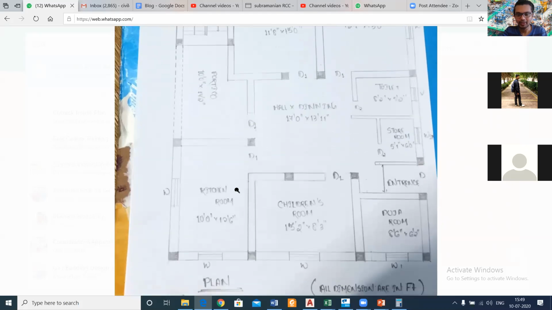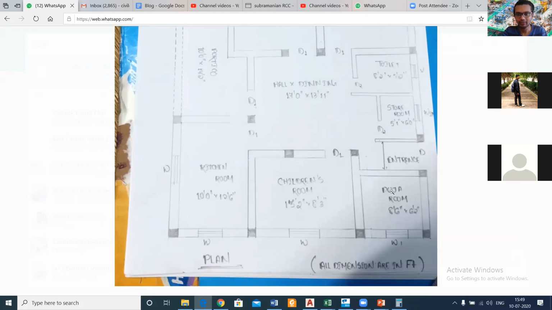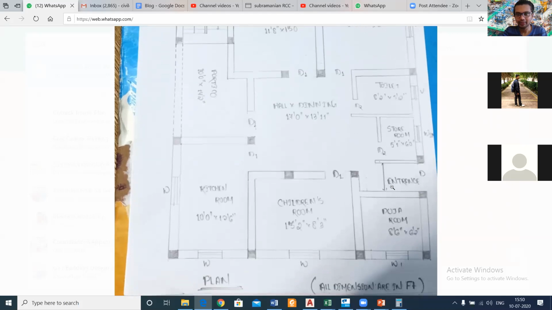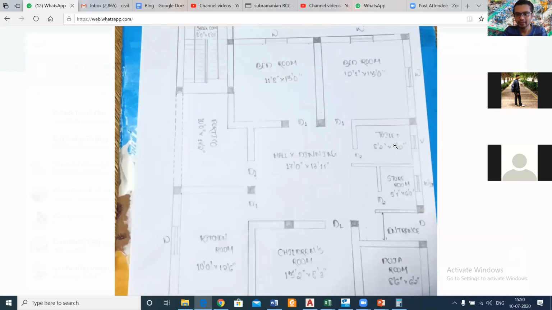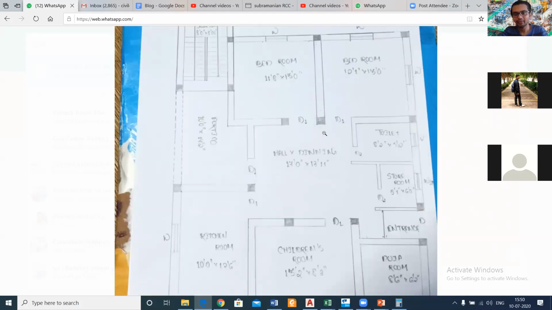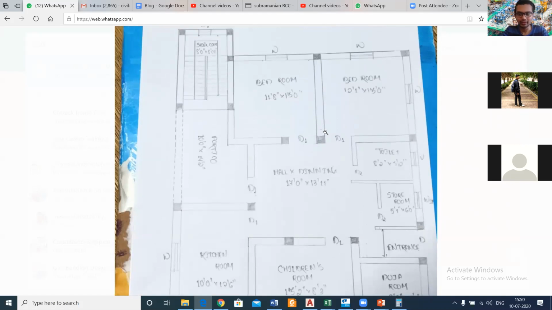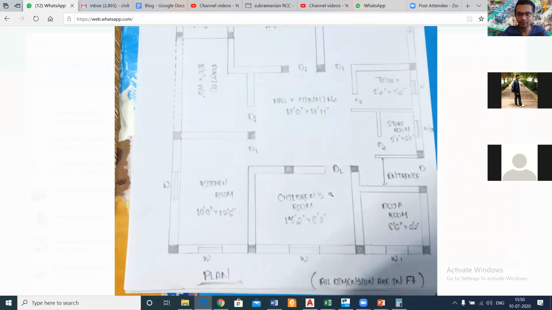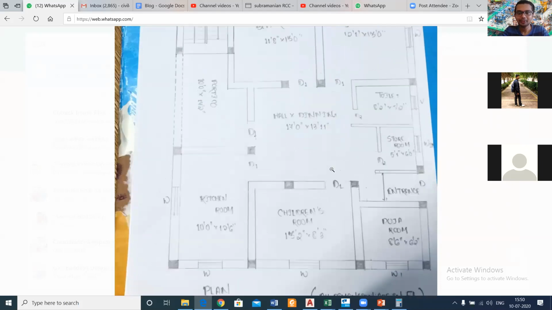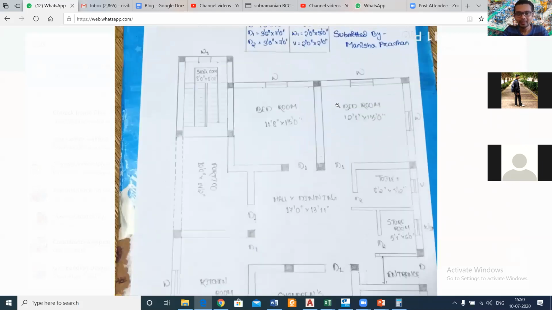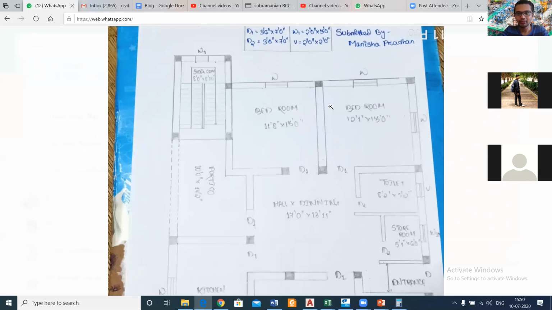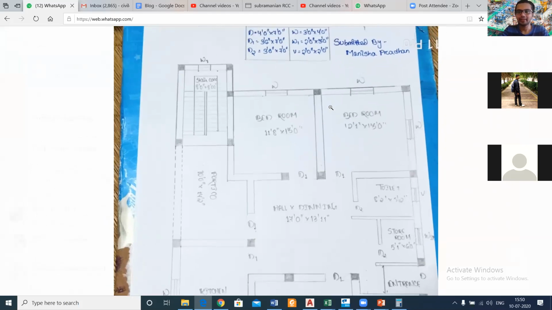And then we have the kitchen in this portion, children's room, puja room, and another entrance we have at this portion, and the toilet. So this is the hall cum dining. So these are the components which are in this particular plan. Column positions are also given, which is good. Okay. So now basically what you need to know while making any plan is that